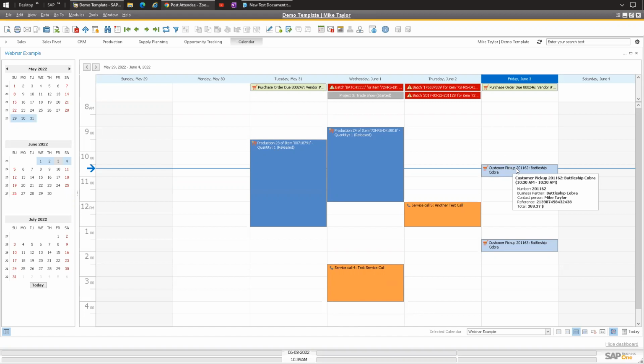So if the customer service reps go through with the customer and they say, oh, what time are you planning on picking things up? They go 10:30. Okay. So again, with the warehouse, they can say, oh, we have a customer pickup at 10:30. We need to make sure that this is packed and ready. And you could do this for basically any document in the system.